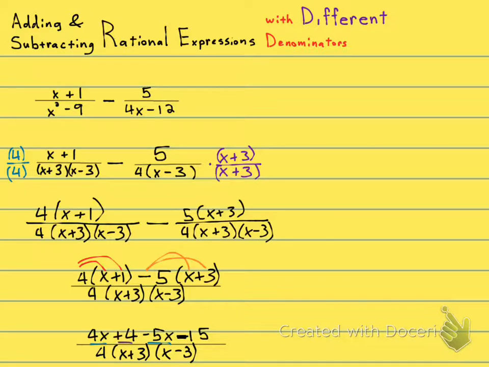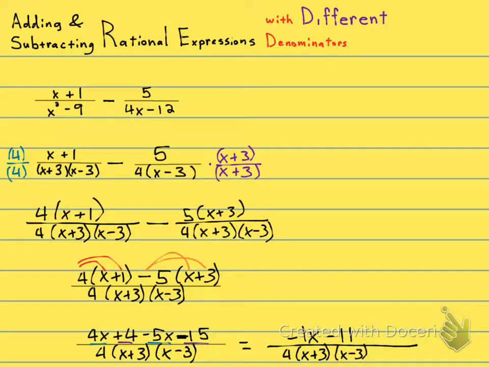And plus 4 minus 15, that'll be negative 11. So I'll just move it over here. My numerator, 4x minus 5x, is negative 1x. And 4 minus 15 is minus 11. All over a common denominator. 4 times x plus 3,